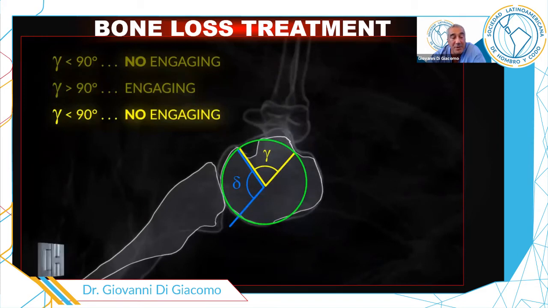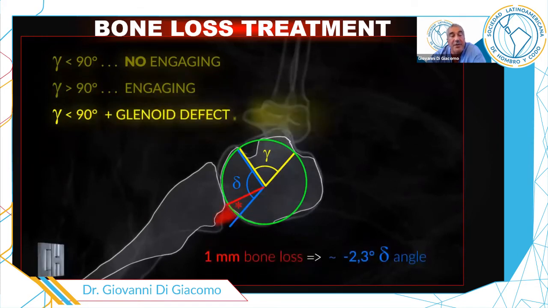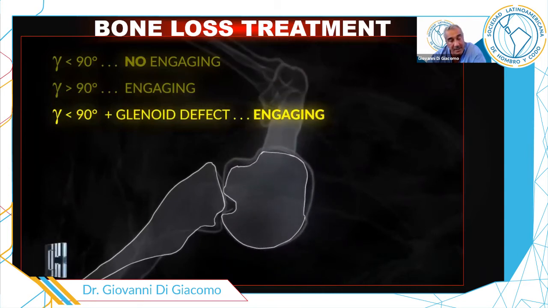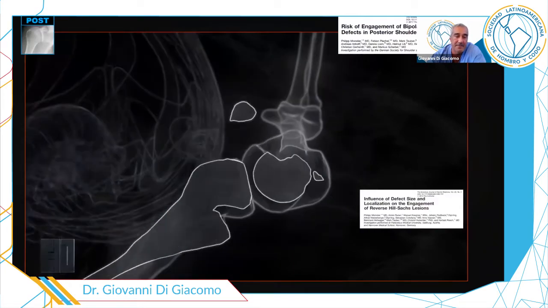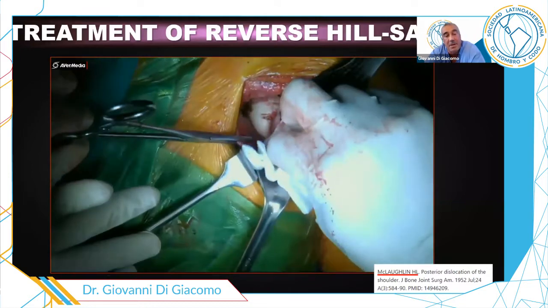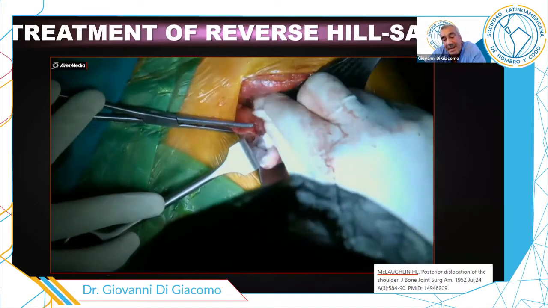If you have a posterior glenoid bone loss, like an on-off track lesion in the anterior, you have much more possibility that the reverse Hill-Sachs is going to engage on the posterior bone loss. So it's the same concept of the anterior instability. In those cases where the culprit is the bone, for example, the reverse Hill-Sachs lesion, we use with excellent results